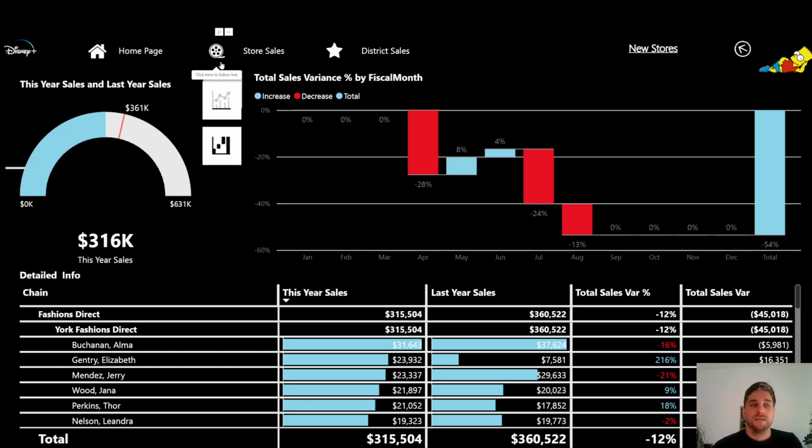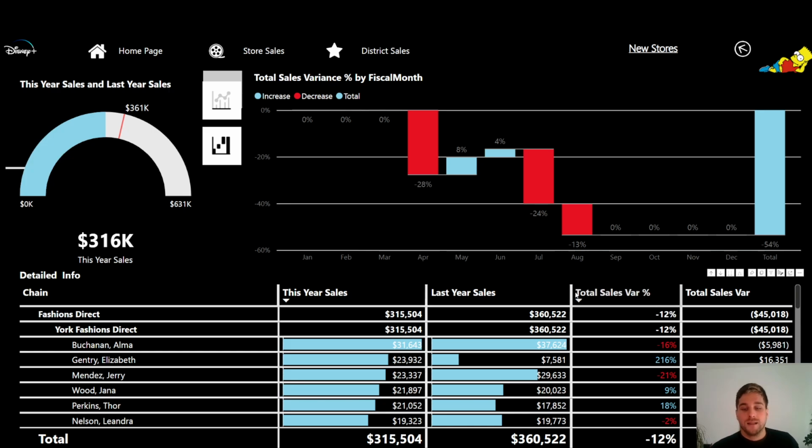So the district sales, and we could see how the stores are doing this year and the last year. We could see the total sales variance comparing the fiscal months this year and last year, different chains and regions, and we could also see that level of detail. We could see the managers of the particular stores.